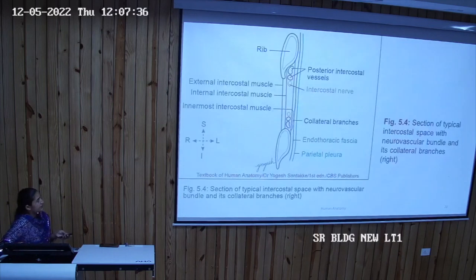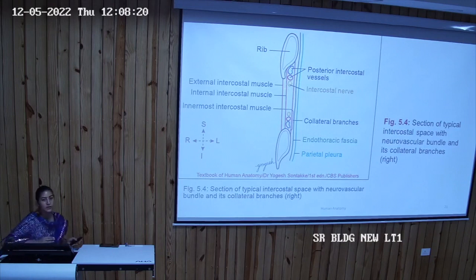What are the muscles here? This is the line diagram. If we go from the outer to the inner side, the first red line is demarcating the external intercostal muscle. The second is showing you the internal intercostal muscle. And the third one is the innermost intercostal muscle. Now from this line diagram, you can see that between the second and third muscle, that is the internal intercostal and innermost intercostal, there is a vein, artery and a nerve. This region is the costal groove of a rib where the vein, artery and nerve are lying.